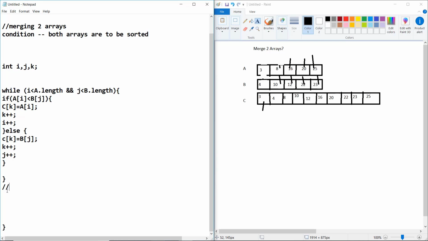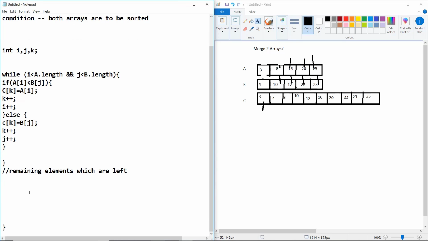For the remaining elements which are left, we need to develop two loops. While i is smaller than A.length,